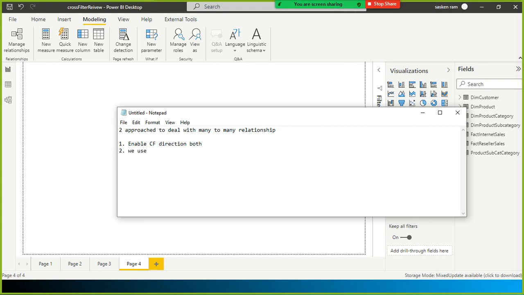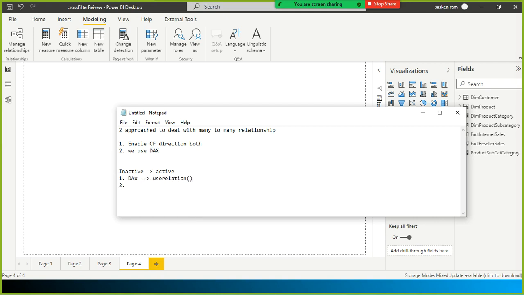Number two is we use a DAX function. Like in the case of an inactive relationship, to activate that inactive relationship temporarily as an active one, we used a function called USERELATIONSHIP. So now I have started the DAX-related function, the USERELATIONSHIP function. Last session, that is what we discussed. This is part of the inactive relationship: inactive to active, temporarily activated, we use a DAX function. One approach is DAX.